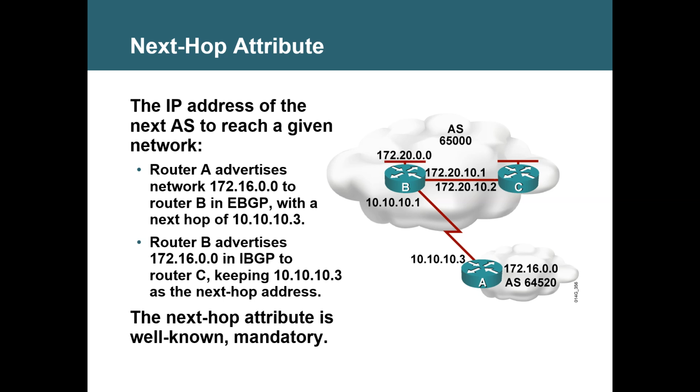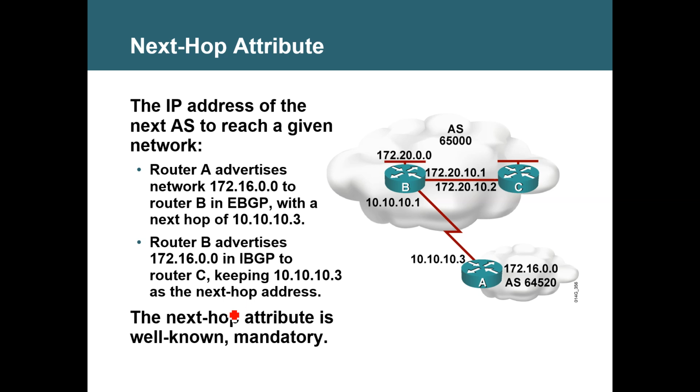Now, next hop attribute. We learned earlier that in eBGP, the next hop will be the immediate router's address, but in IBGP, that is not guaranteed. Why? eBGP's address is always carried into IBGP. To override that, what do we do? We say next hop self. If you want to change the next hop, we say next hop self.